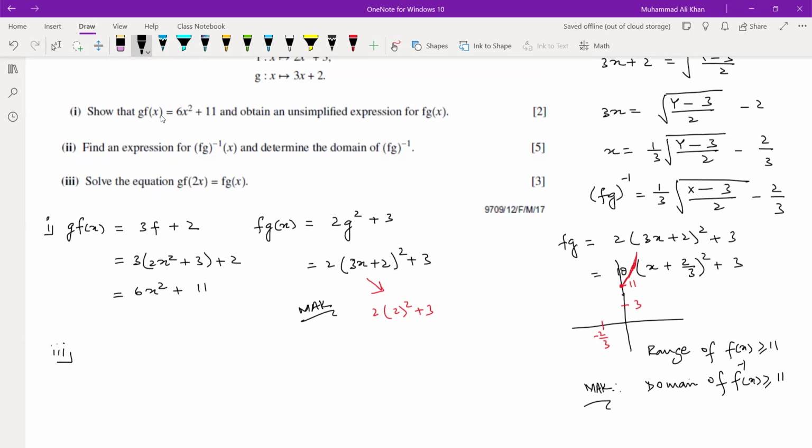नाउ आफ्टर दैट इन द थर्ड पार्ट, व्हाट वी हैव इन द थर्ड पार्ट, जीएफ के फंक्शन में 2x रखिए और एफ जी के फंक्शन में x इक्वेट कर दें और सॉल्व कर लें। जीएफ का फंक्शन ऊपर नजर आ रहा है हमें, इसमें 2x रख दीजिए, 6 2x होल स्क्वायर प्लस 11। एफ जी का फंक्शन ये नजर आ रहा है हमें, ये सिंपल ऐसे ही आ जाएगा।